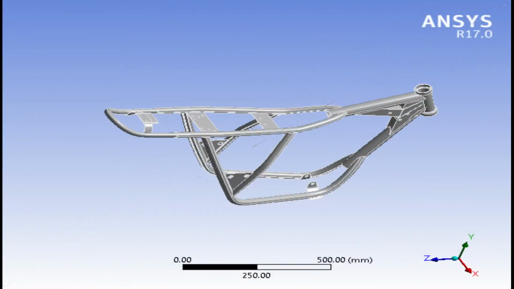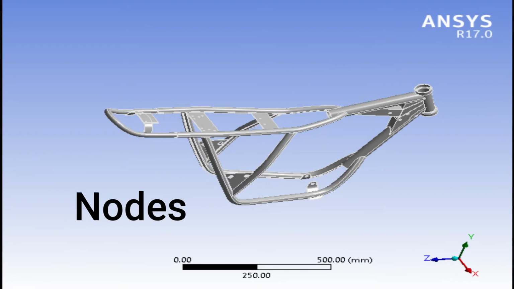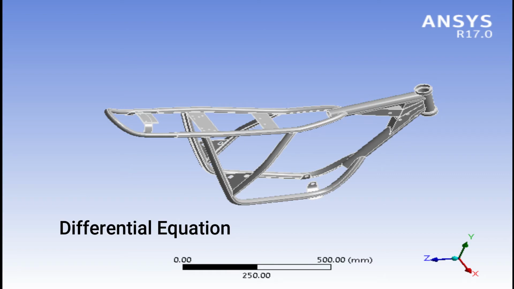Each of these nodes will have properties including deformation and stress. Each of these properties is specified by using a differential equation.